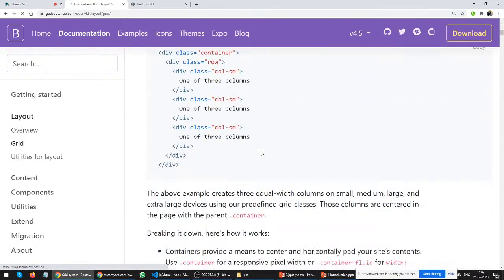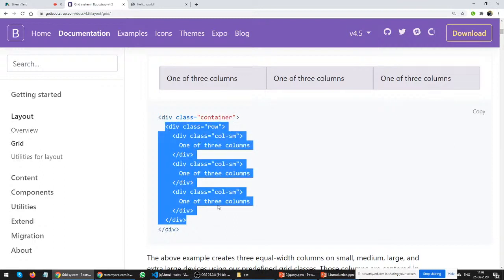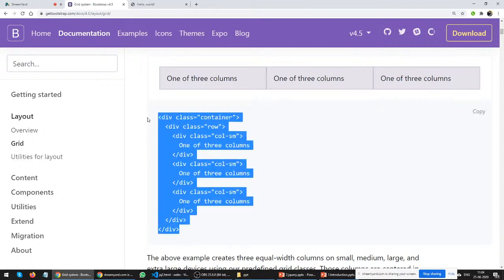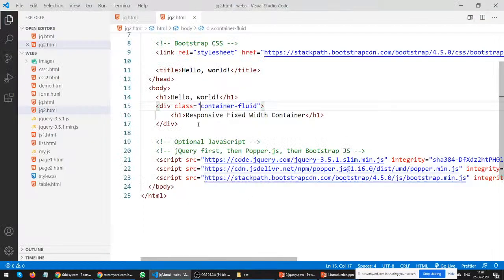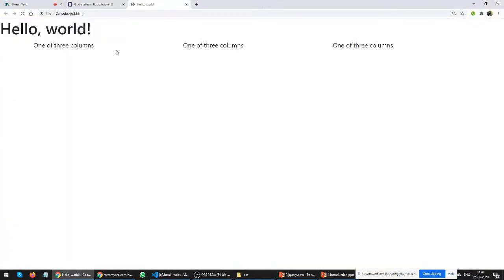Then next is grid. In grid, let's say you want to divide your layout into 3 columns. First we have to add the class container, then we have to define one row. Inside the row we can define the columns, small, small, small. Let's say I copy the same code, and now you can see my design is divided into